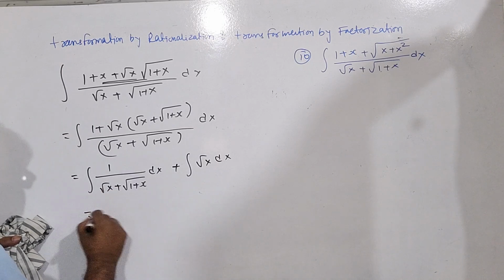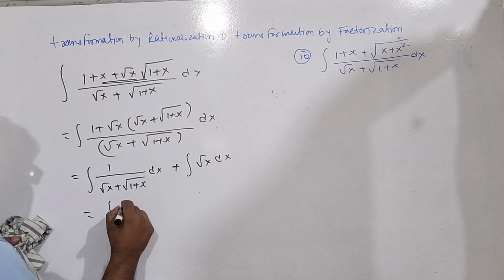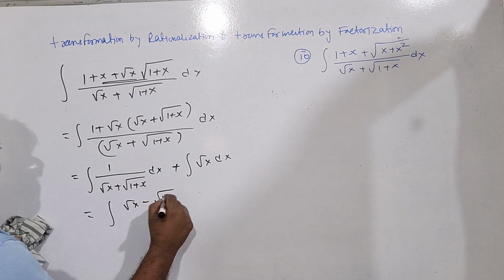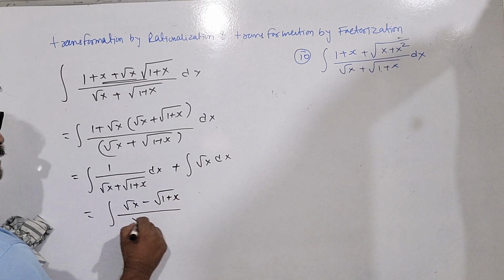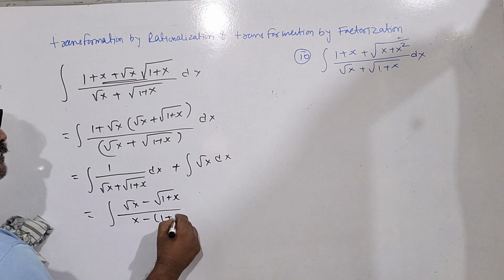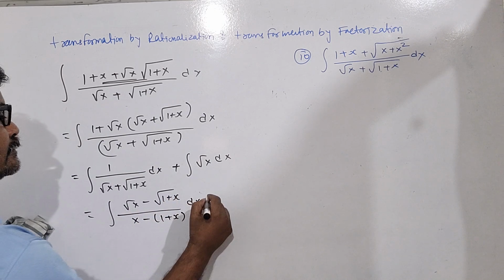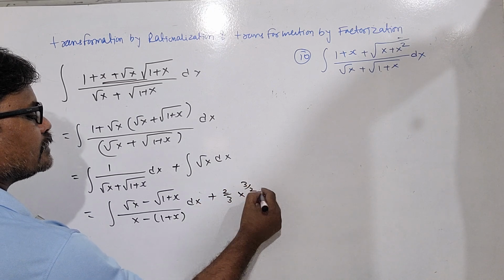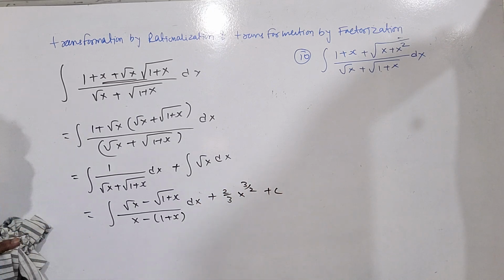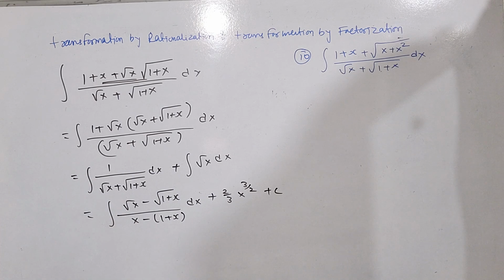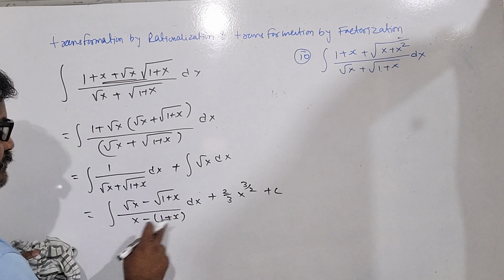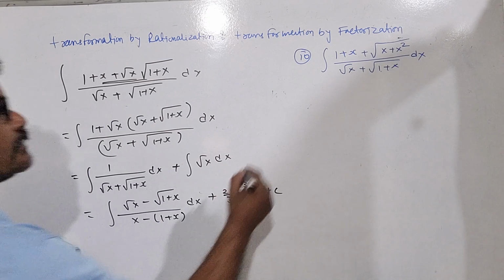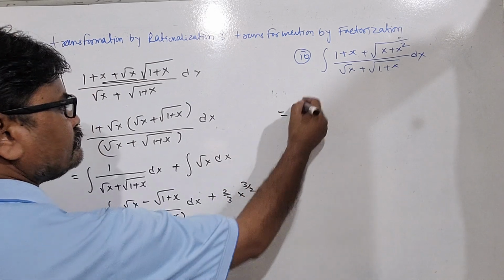So here again this is integration of root x minus 1 plus x, this is x minus 1 plus x dx and plus 2/3 x to the power 3/2 and of course plus c, correct. This integration we have just done, x minus x will get cancelled, minus will remain, so therefore that is equal to, here I am writing,